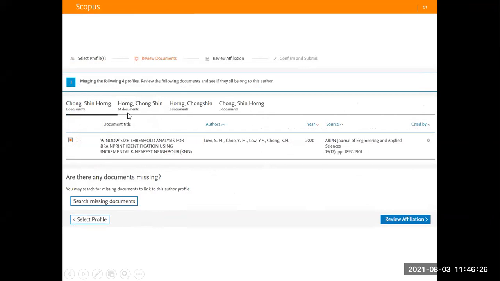Okay, I reviewed the profiles one by one. After I complete reviewing all four, then only I go to review the affiliation. Then after that only submit. So those authors who would like to request corrections, using the edit profile or using this merge